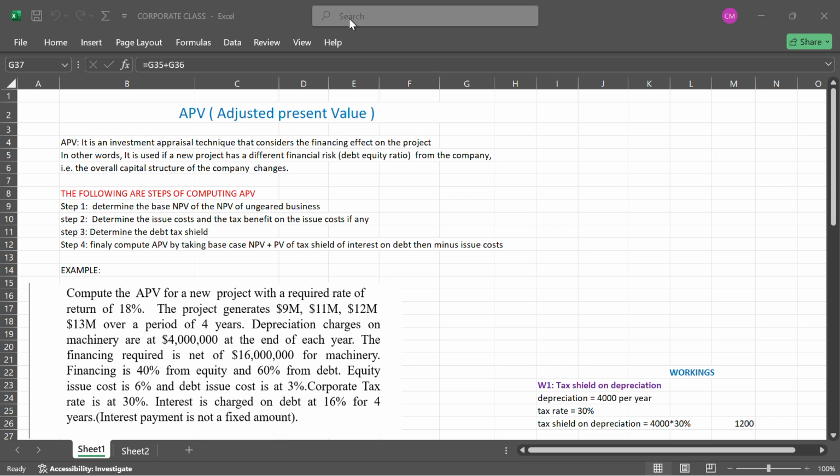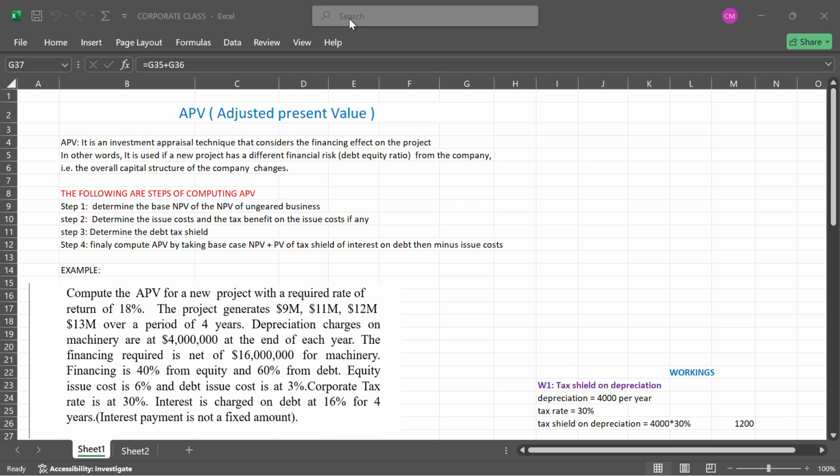They first compute NPV as if the project is financed by equity only, and then incorporate the side effect of debt on the project so that they can conclude whether the project is viable, while they have considered the